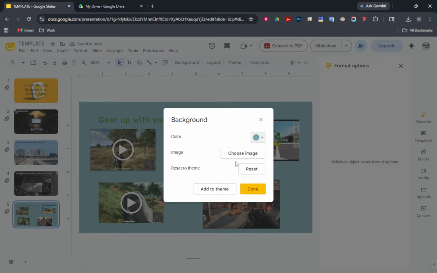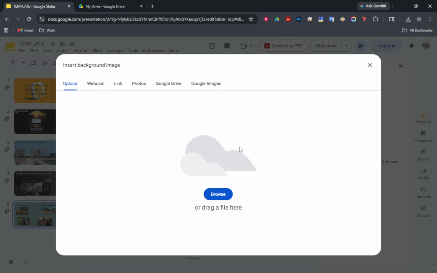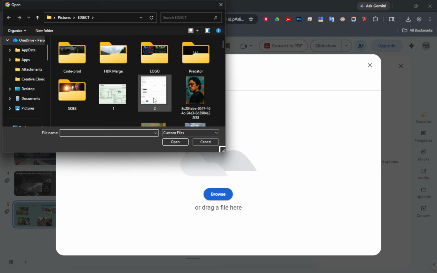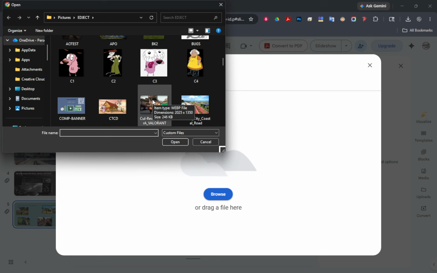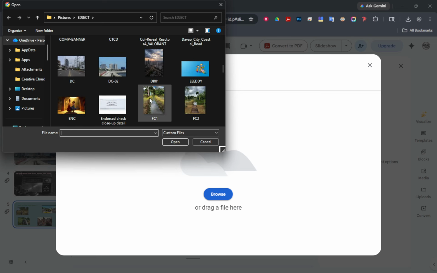If your slide currently uses a background image or you want to swap one in or out, click the image option. From here, you can replace the image with a new one or remove it so the slide goes back to a plain color. Replacing is great if your current background is too busy or dim. Removing is the cleanest option if you prefer a minimalist look.